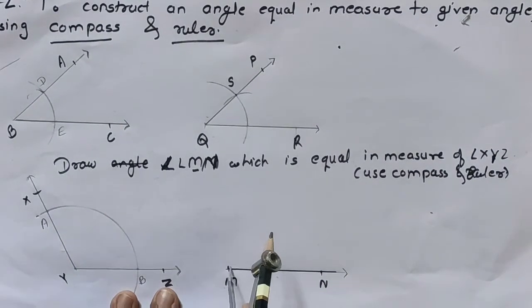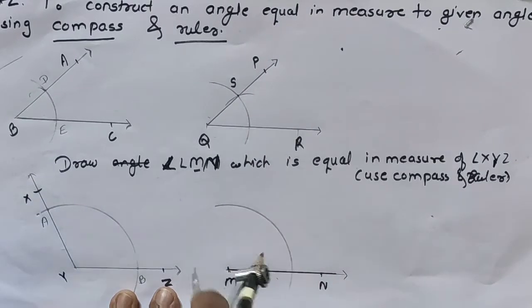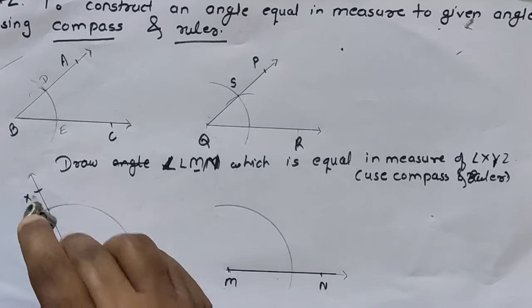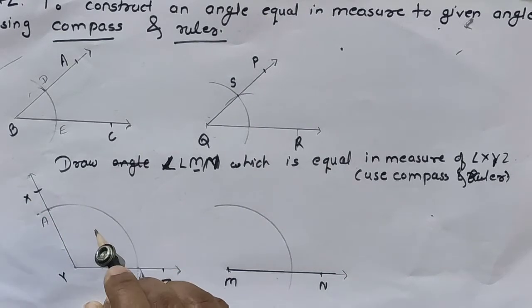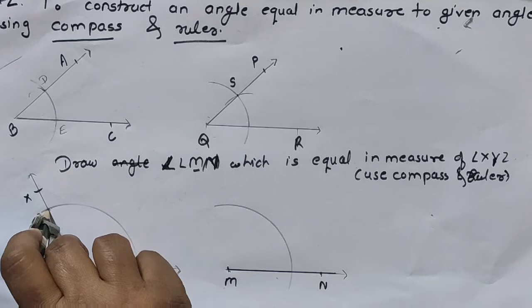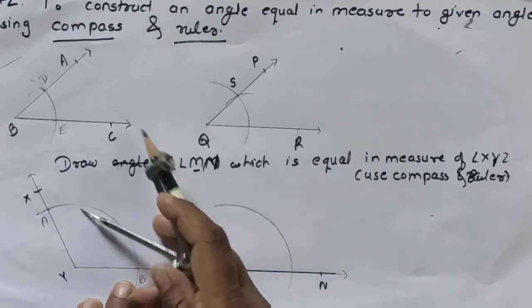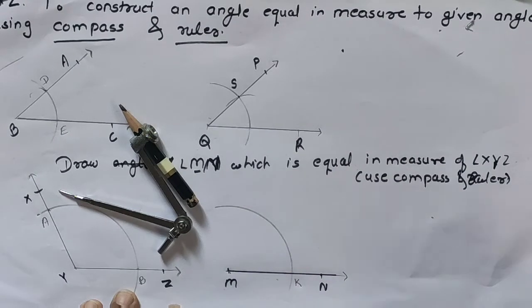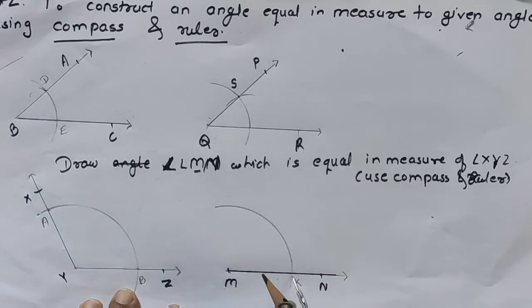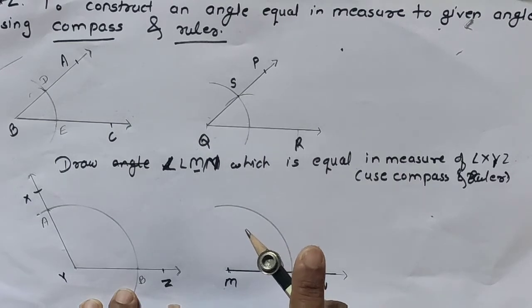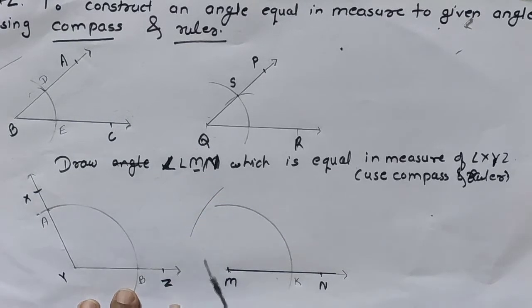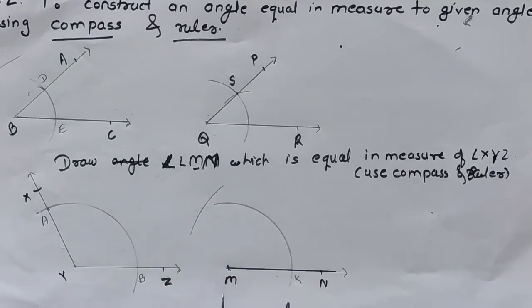Sorry, first of all we have drawn the arc. Okay, then take the distance from B to A in your compass and name this point, suppose, K. Now put the metal point on K and draw the arc. Okay, and now if it is not intersecting, just take the distance MK in your compass and